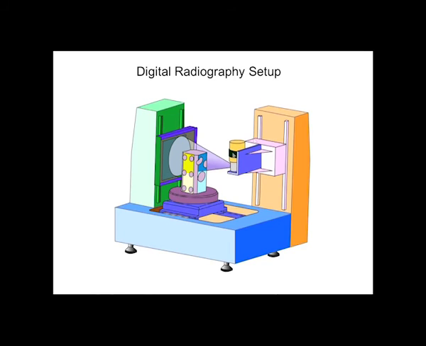Okay. And this is how the whole setup looks like, which is shown here through this diagram. So, all you need is a small X-ray tube, an X-ray source which is here, okay. And this is the sample which is exposed, and this is the flat panel detector which is behind the sample. Okay. This source also nowadays is quite compact. These flat panel detectors, as I said, come with a compact size, and therefore, the whole setup in terms of the footprint is quite compact and much smaller compared to conventional radiographic setup.